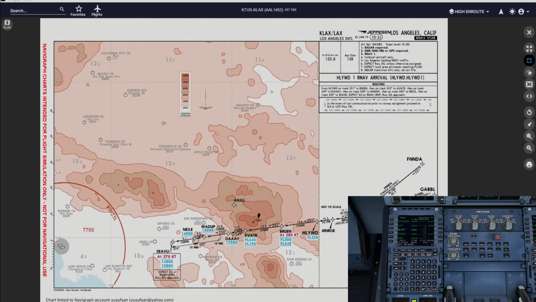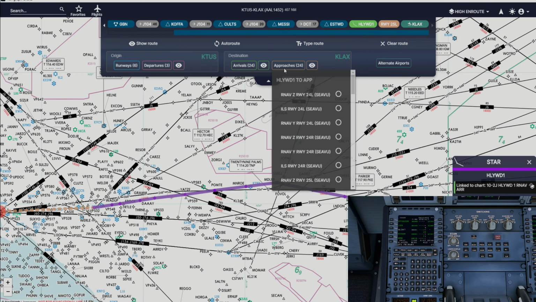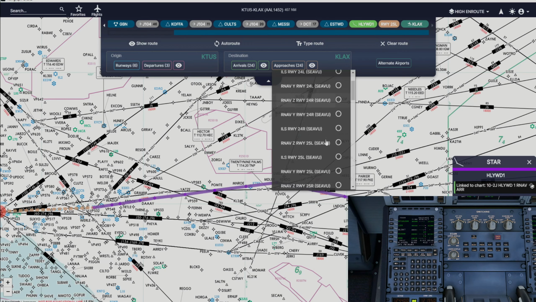Before I close Navigraph, as you see, we have a lot of restrictions when we are arriving into Los Angeles. Starting with Hollywood waypoint, fly level 320 or below, and then there is another in-between restriction and a speed restriction of 280 knots, another one over here, another one, another one, another one. And I'm pretty sure our approach also does have some restrictions, which we can quickly check after selecting ILS 25